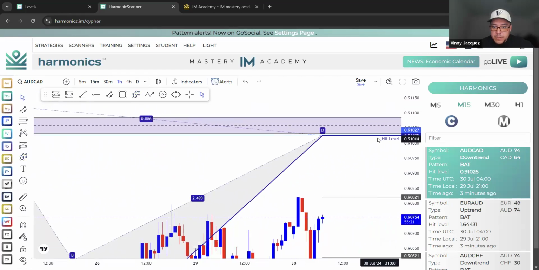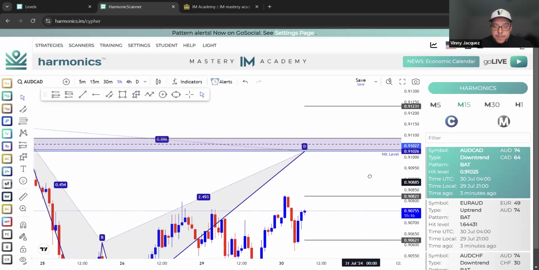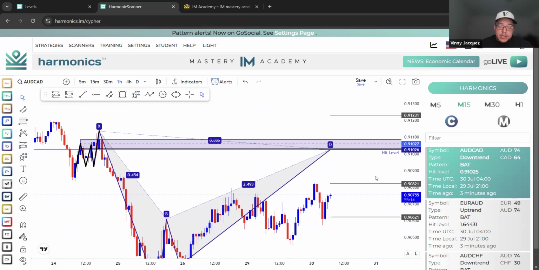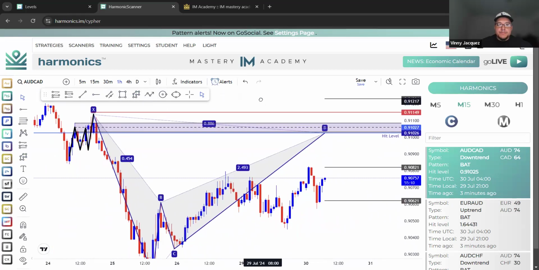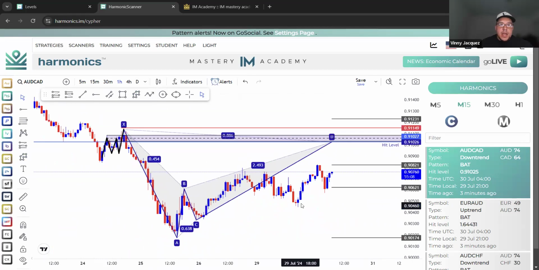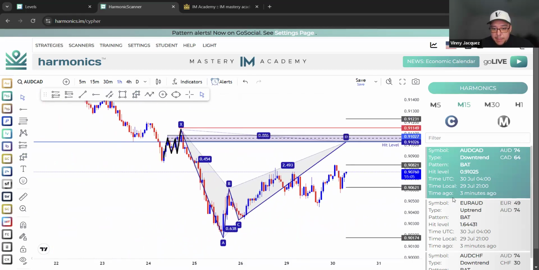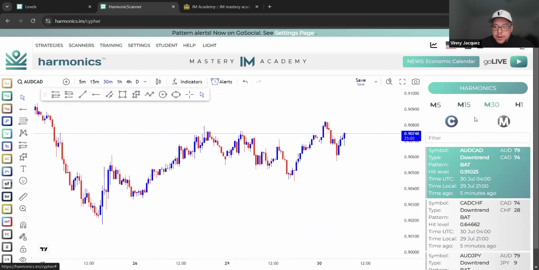Look at where my hit level is. Literally right near that shoulder. My stop loss is a little high. We know the stop loss should be a little tighter, but that's fire, guys. I did not know a lot of these bat patterns are head and shoulders. The 30-minute